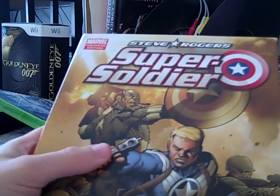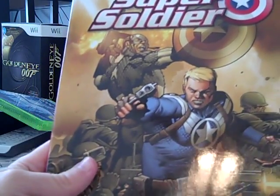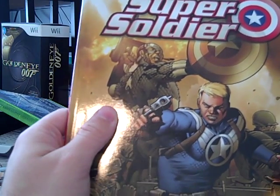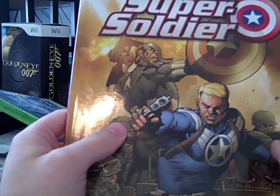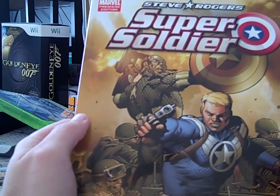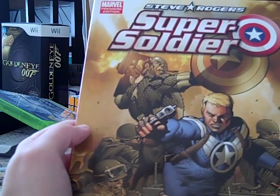After Siege and the Heroic Age began, Steve Rogers was pretty much appointed to Nick Fury's old job. Now he was given his own miniseries, again written by Ed Brubaker, and basically what happens is the grandson of the creator of the Super Soldier Serum has finally figured out a way to recreate it, and now he's going to sell it to the highest bidder on the black market. And now Steve's trying to stop him and make sure that the serum doesn't get out, not so much because he wants to be the only Super Soldier, but because he doesn't want anyone bad to get their hands on it,